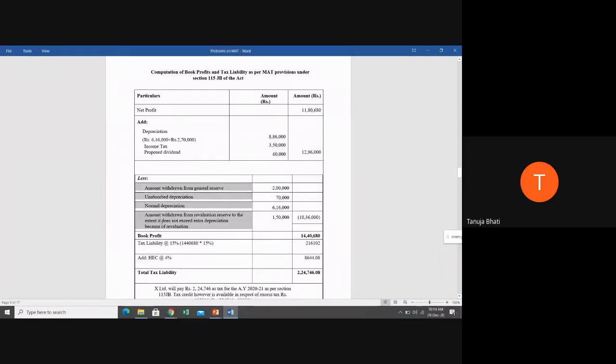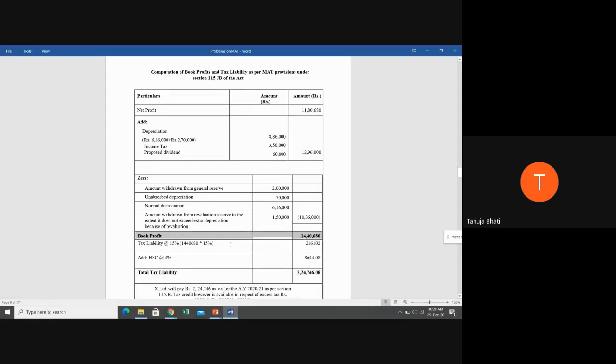Next, what are you going to minus? We are going to minus four items as already discussed. Amount withdrawn from general reserve 2 lakh, unabsorbed depreciation 70,000, normal depreciation 6,16,000. When we are deducting, we are only going to take normal depreciation. We are not going to deduct depreciation on revaluation of assets. Next, amount withdrawn from revaluation reserve to the extent it does not exceed extra depreciation because of revaluation 1,50,000. So amount withdrawn from any reserve has to be deducted. The total of all these four comes to 10,36,000. Therefore, the book profit is